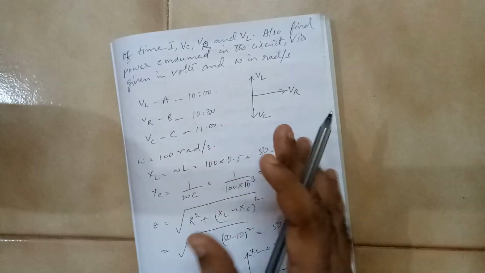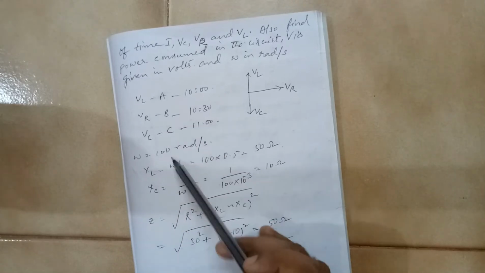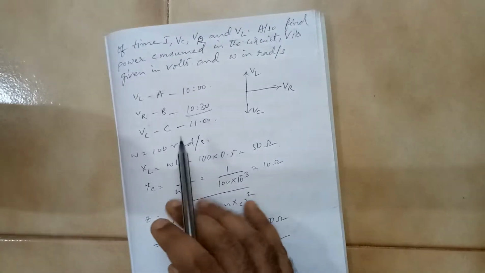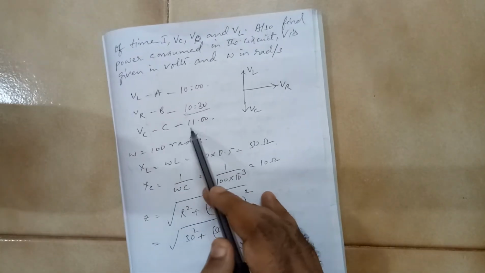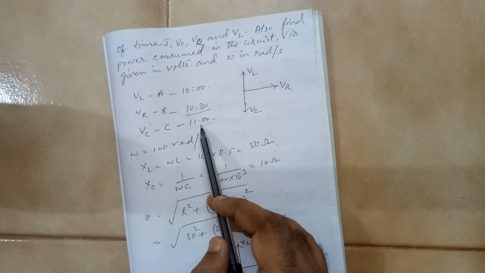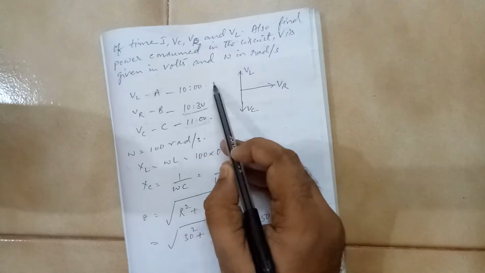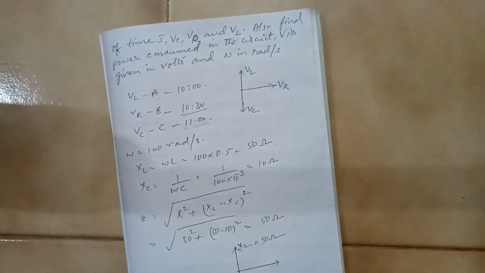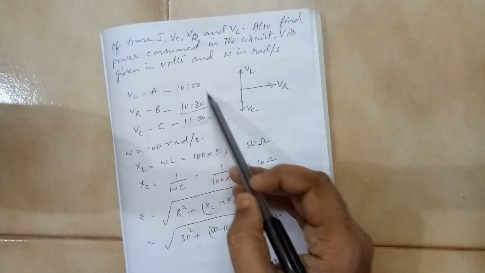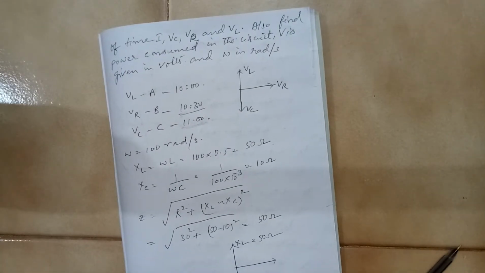Let us try to understand with a practical example. I will call VL as A, VR as B and VC as C. These are 3 people working together, but B starts the work at 10:30, when C is already working at 11 o'clock. C will be starting his work at 11 o'clock because he is behind B. When he started work, A had already started at 10 o'clock, and now 10:01, 10:31, 11:01, all 3 are working simultaneously. So preceded by means it's kind of this. Here, instead of time we are talking with respect to angle. Okay, so this is how you have to understand.